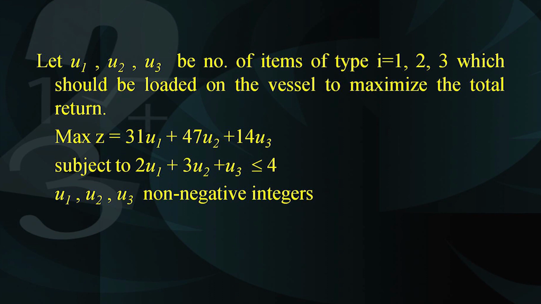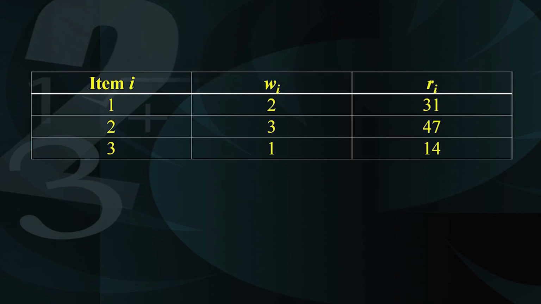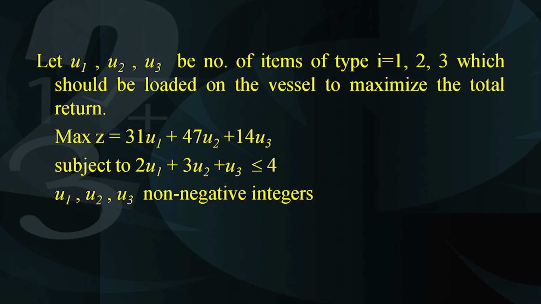Remember, we have to maximize the total return, and the objective function therefore looks like this: maximization of z is equal to 31 times u1. Where did this 31 come from? Let us see. Here it is on the last column, 31 times u1 plus 47 times u2 and 14 times